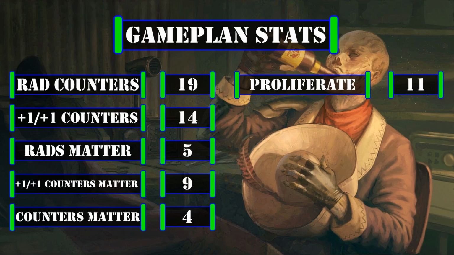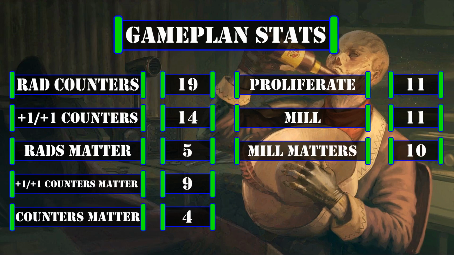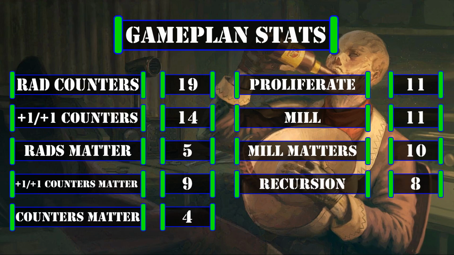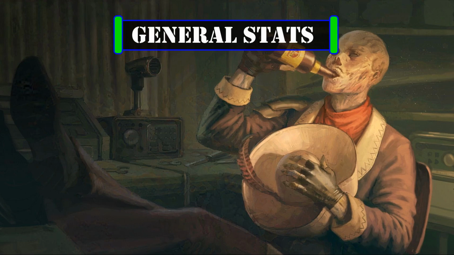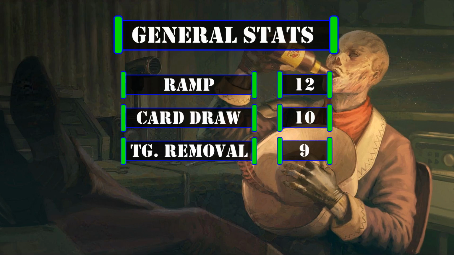and to our opponents, 11 sources of mill outside of rad counters, and 10 cards that care about cards being milled to supplement the rate at which we proc our commander and to give us more payoffs for said mill to work alongside him, and lastly, 8 sources of graveyard recursion so we can make use of the cards we mill from the bin. For general deck stats, we have 12 ramp sources, 10 card draw sources, 9 targeted removal